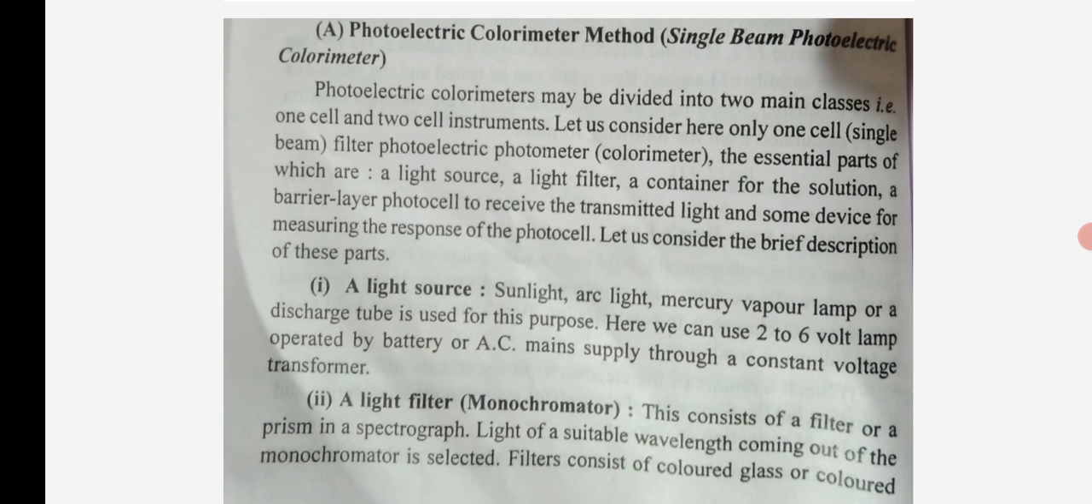has parts, that is, a light source, a light filter, and photocells and barrier layer photocells, a container for the solution, and lastly the galvanometer. Okay, for the photoelectric colorimeter there are two types: single cell, and two cells, that is, double beam